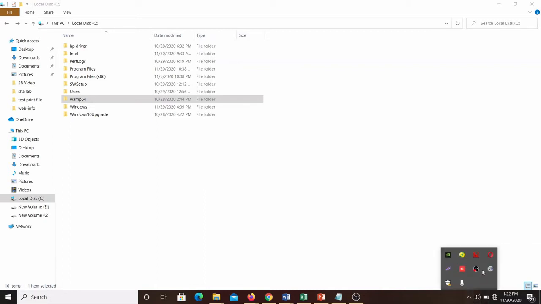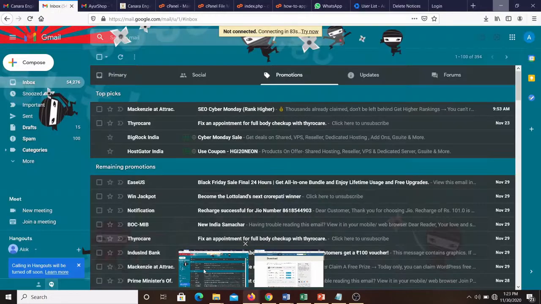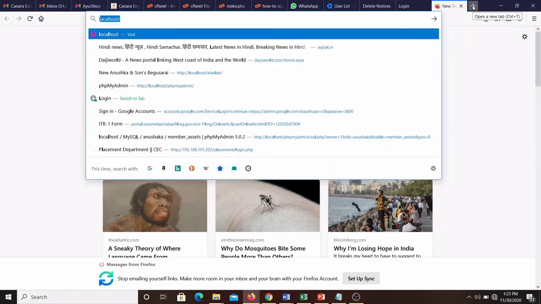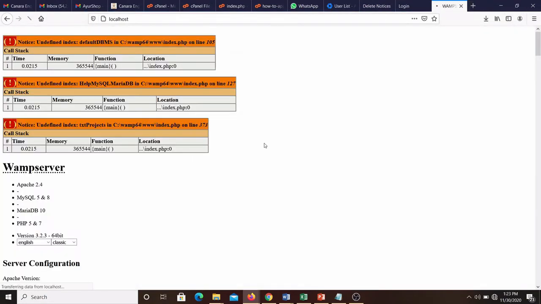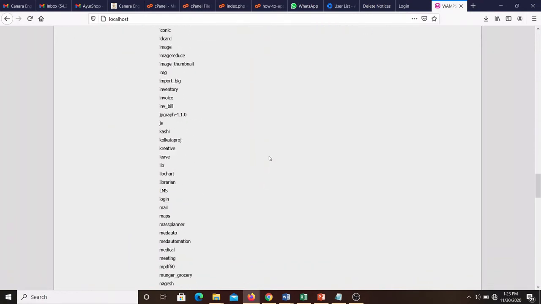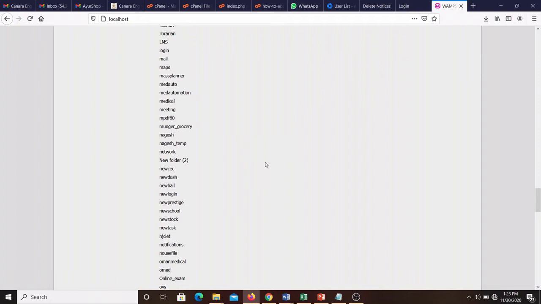Then you will see that after a certain time the color will become green. Yes, now it's orange, then again green. So the server is running. To check whether the server is running or not, after it turns green, open the browser and write localhost. We will see the home page, which means the server is running. Once everything is set up, only then do we have to write the program.